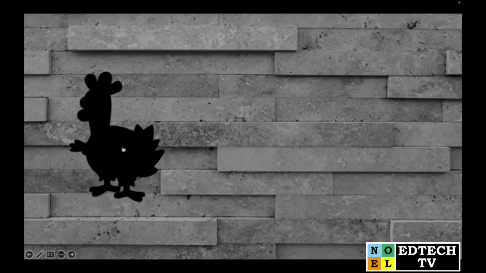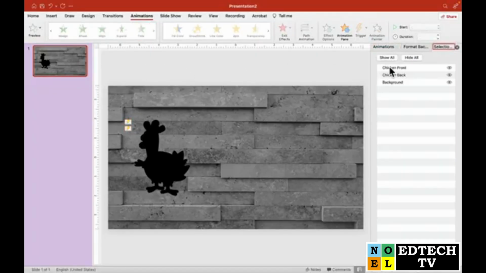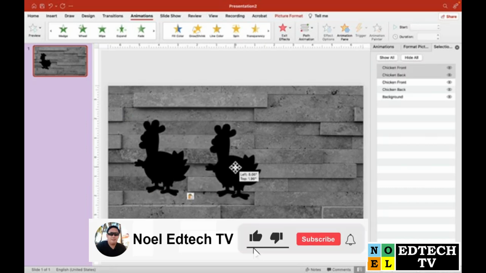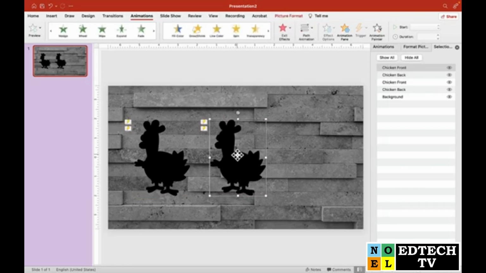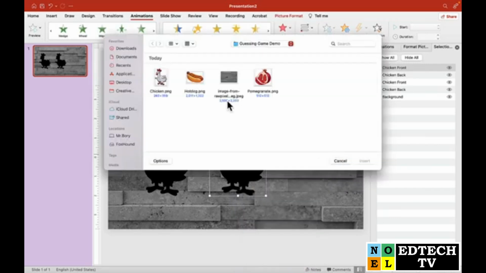Now the tough part is done. All you have to do now is make a copy of what you just created. So copy both front and back, and just move it somewhere on the slide here until you're happy with the positioning. And now we right click, go to change picture from a file, and now you can insert whatever image you want. This is an image of a hot dog,